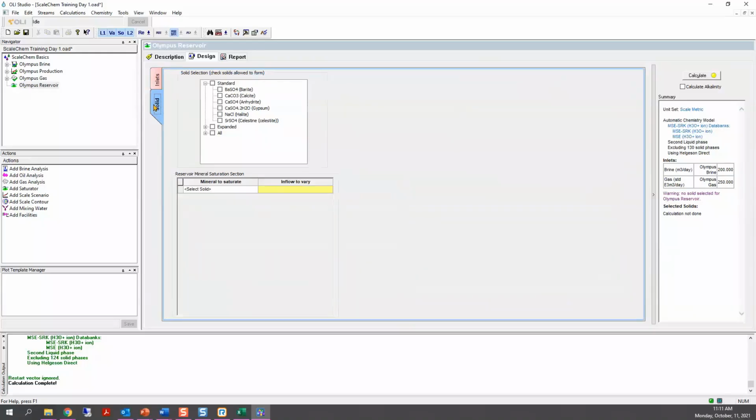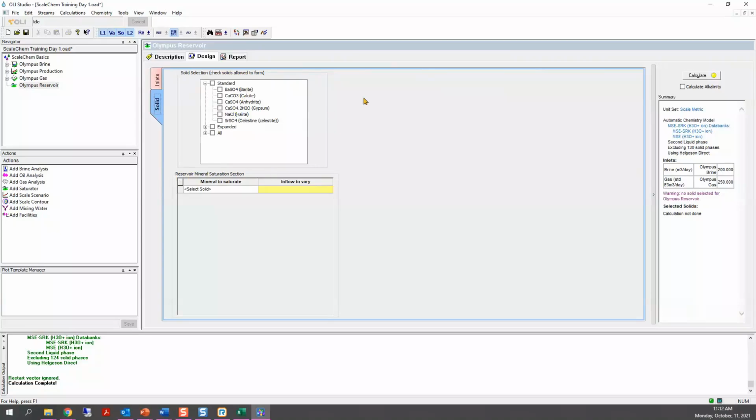But in this reservoir, now we have an extra step to do because we want to account for the saturation of certain minerals, or the equilibrium of some minerals at reservoir conditions with my fluid. So we have two sections. We have the solid selection that we are familiar with by now, and we have the reservoir mineral saturation section.